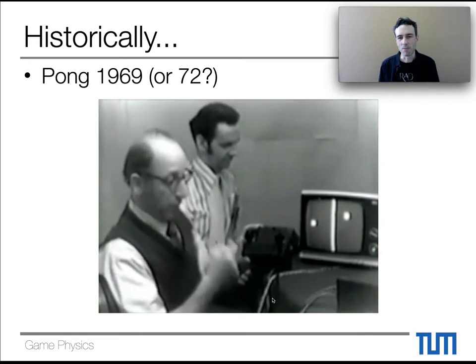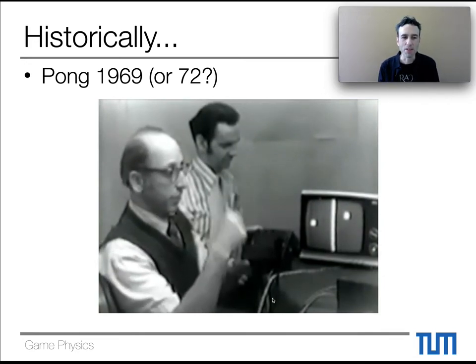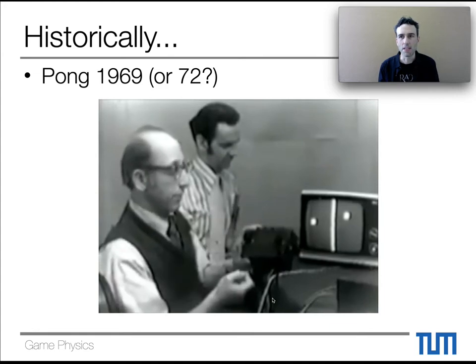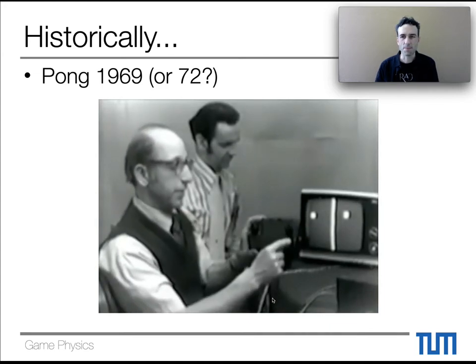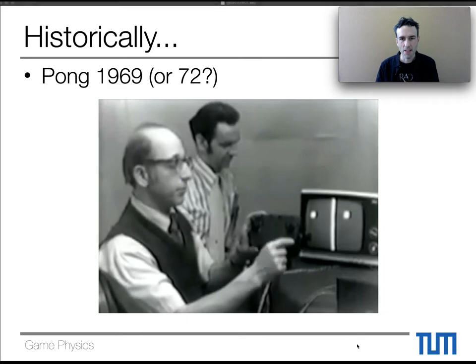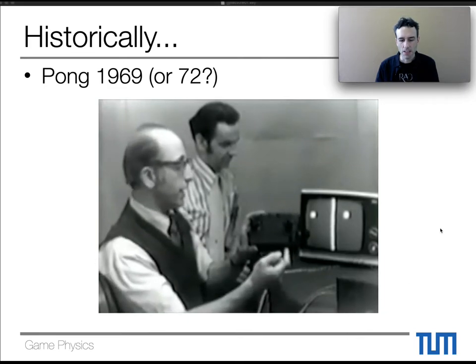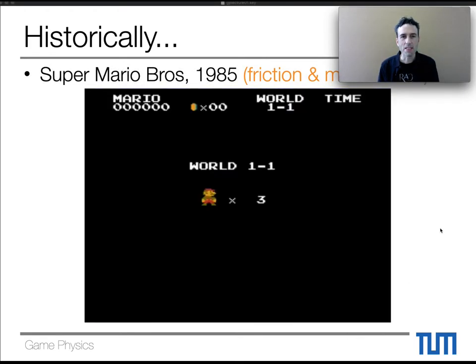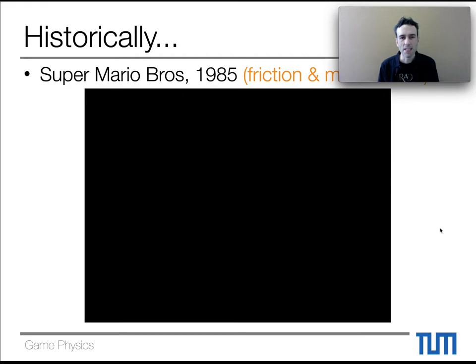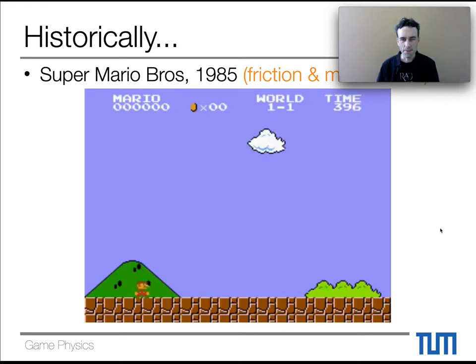But in a way, all of the examples so far have really been strongly driven by the physics. Another one that is good to mention here is Mario Bros. in '85.